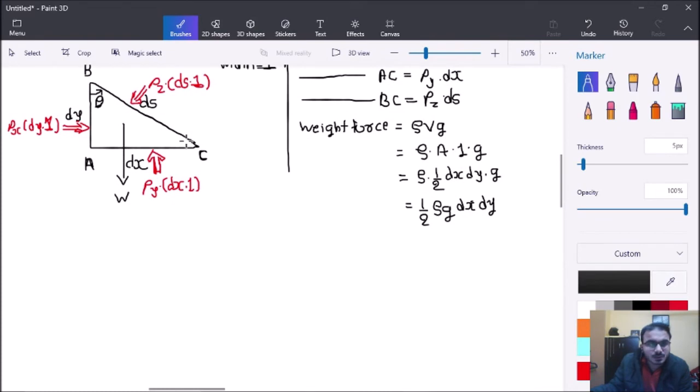Now we will again focus on this diagram to draw the